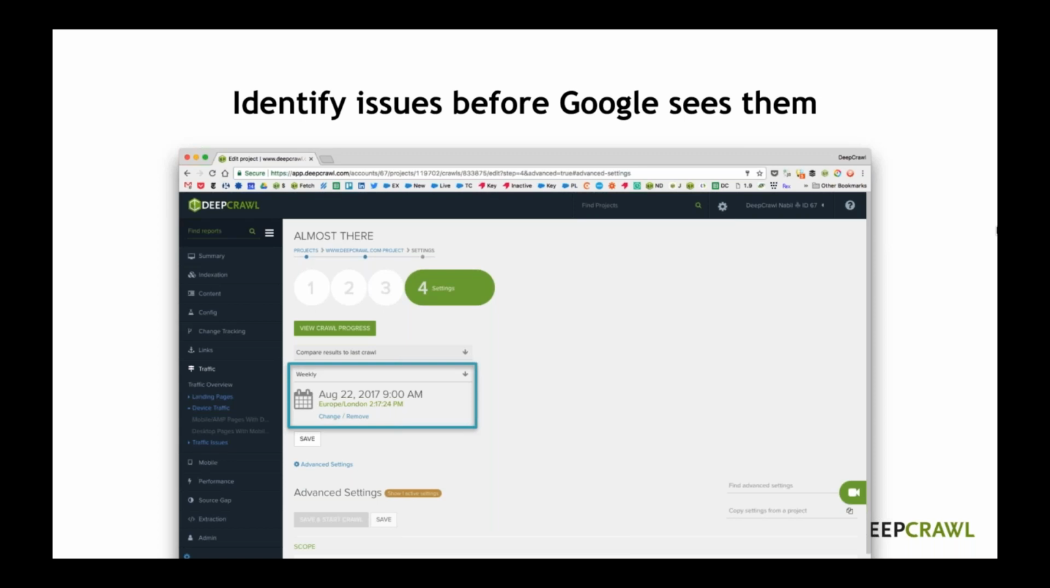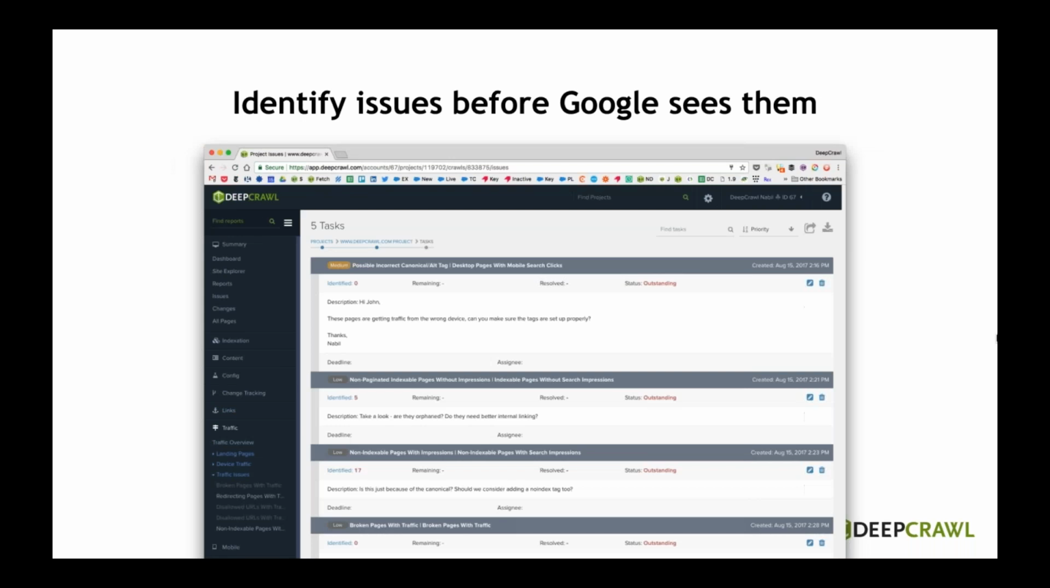And this brings us to this other use case, which is the possibility of using DeepCrawl to identify issues before Google actually sees them. This has been a theme that's surrounded DeepCrawl from the very beginning. It's something that you can really take advantage of, and I know many of you do, which is scheduling crawls to be run on a regular basis. Now, it doesn't have to be weekly, but